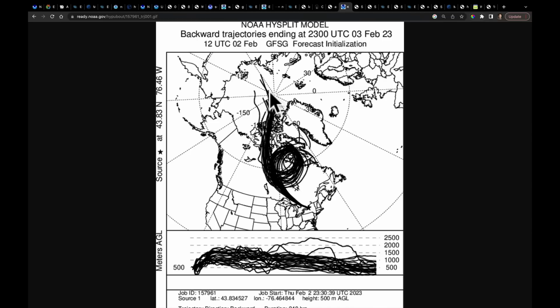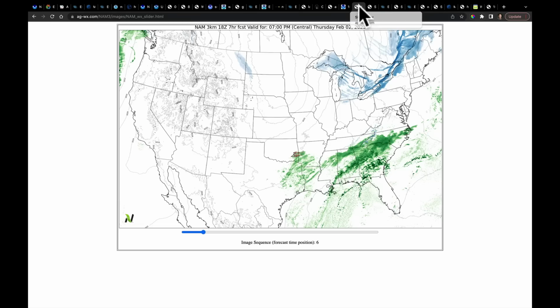What I love about this, and this is from NOAA's HYSPLIT model, great model here, is that the flow came down, take a look, got wrapped into the trough around the Great Lakes, and is now coming back out and heading toward New England here over the next couple of days. So that's the source region of this brutally cold air that's going to sweep through quickly across the northern tier of the United States. Now, before we come back and talk about that, I want to show you the latest